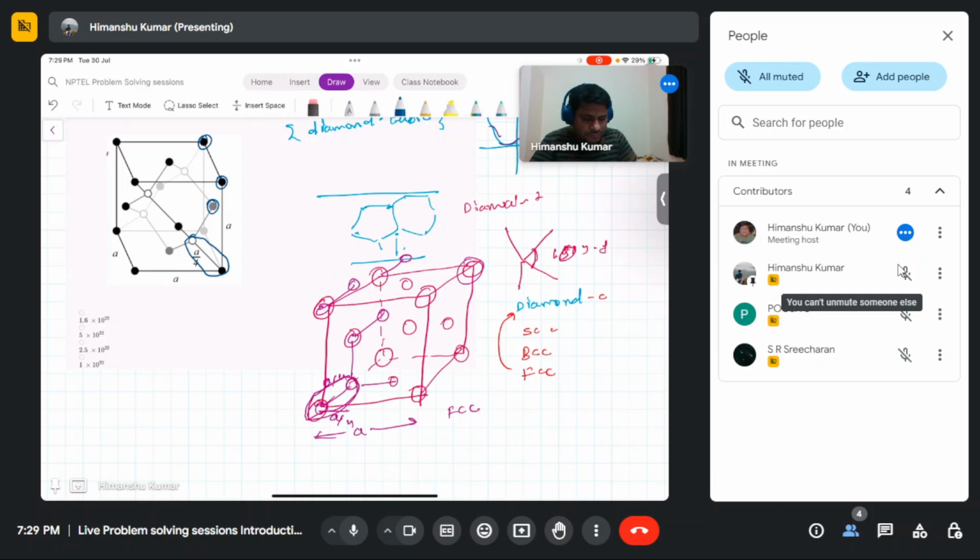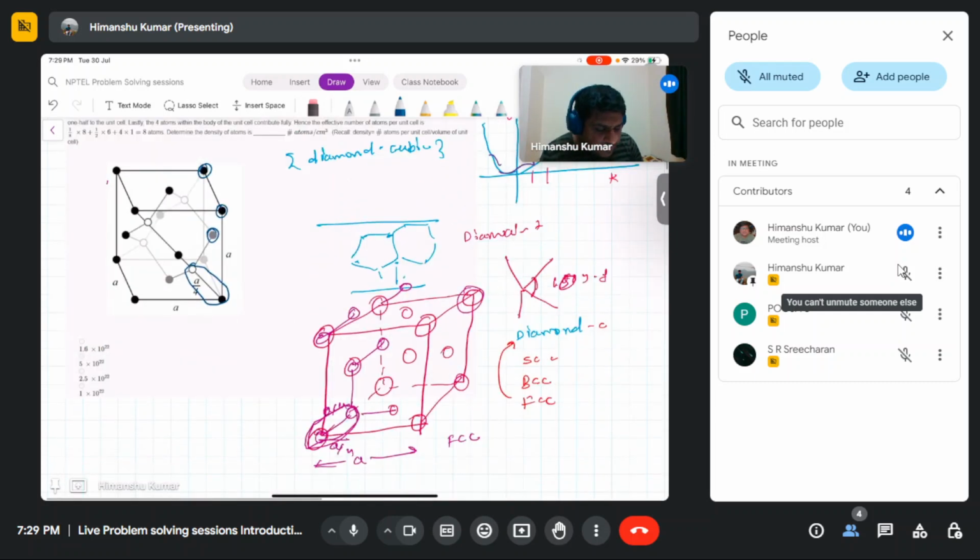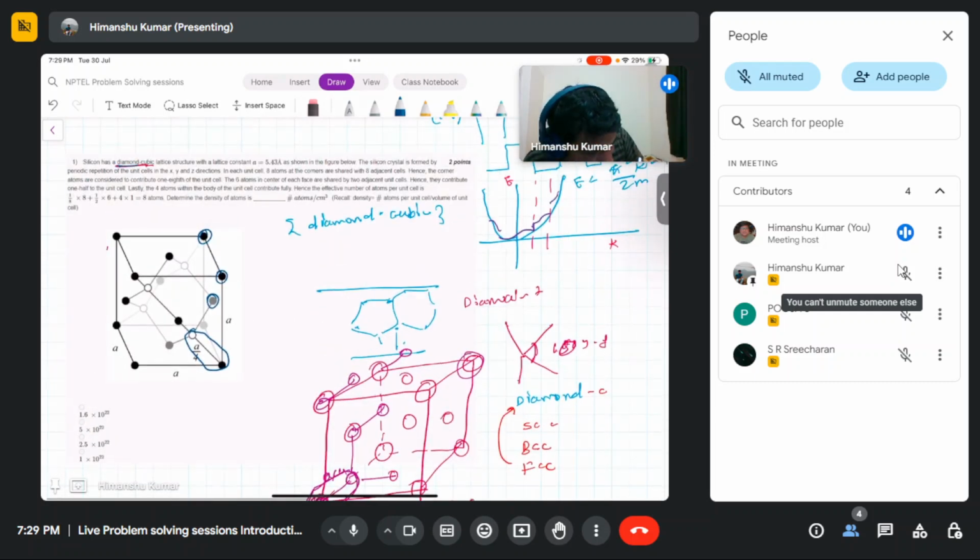To calculate the density of the diamond cubic structure, you need to calculate how many atoms there are. So in this problem, in the diamond cubic lattice structure with a